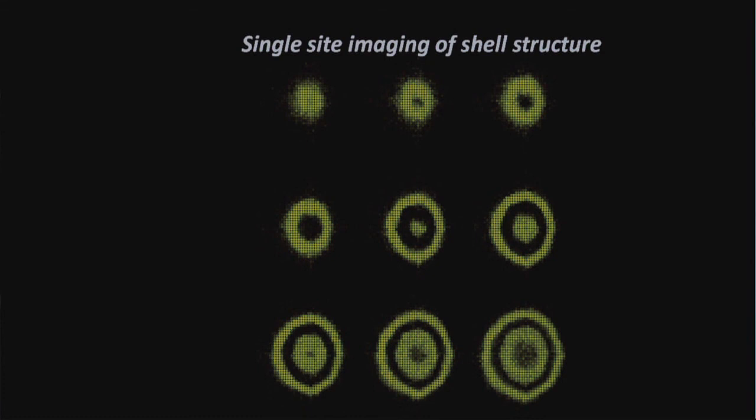If you increase the atom number, you have an insulator with 1 atom per site, and in the middle you have a state with 2 atoms per site, which for reasons I don't want to discuss are color-coded here in black. And that goes on and on. So you can really resolve site per site the occupation of the number of atoms per site.